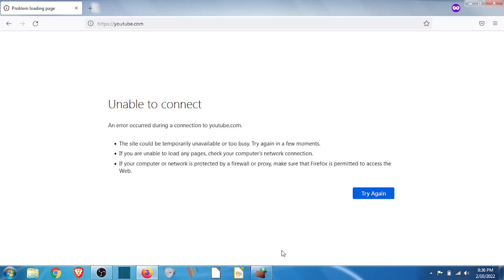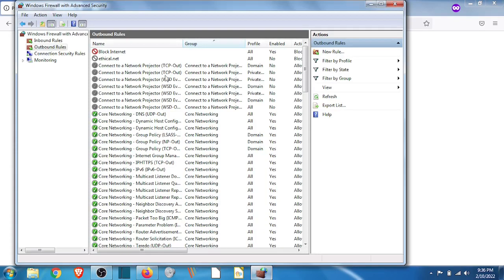Now this rule works perfectly and we have learned how to block an internet connection using ports